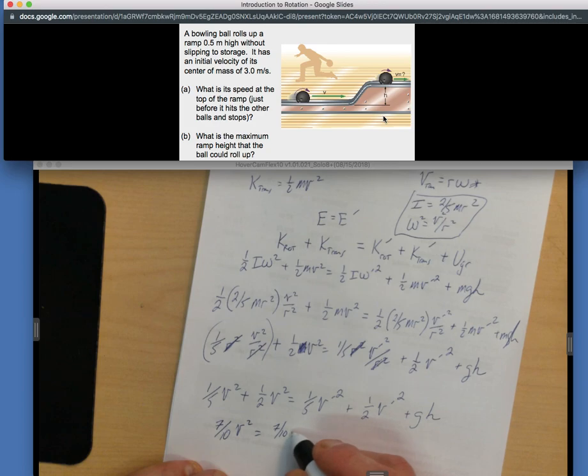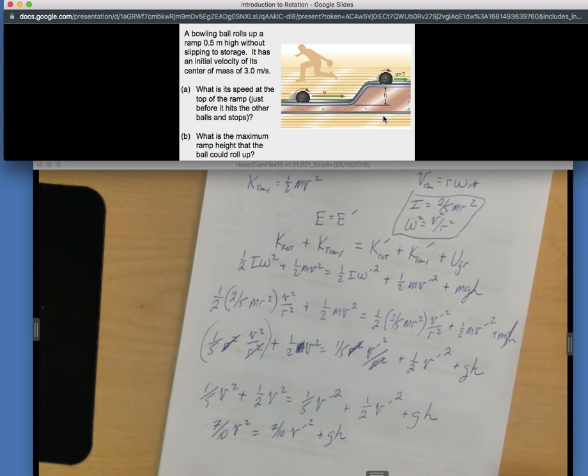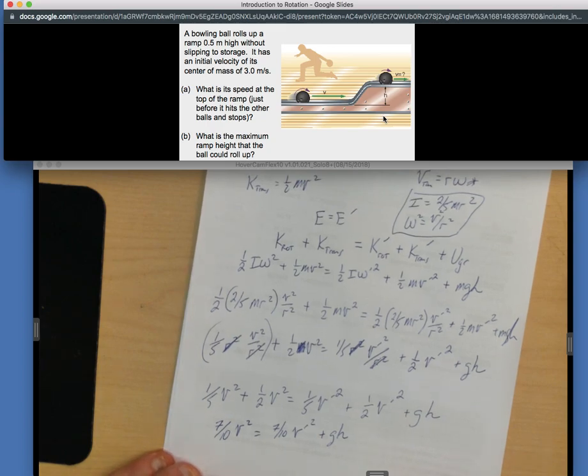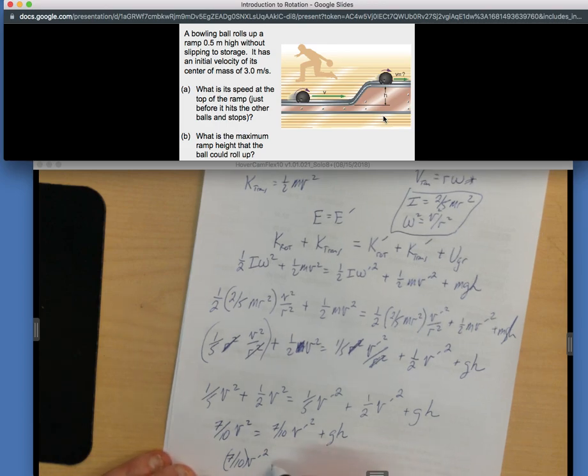V prime squared. 7/10 v prime squared plus g times h. And I'm after v prime, right? So let's just subtract the gh over. I'm going to rewrite it like this: 7/10 v prime squared, and then equals